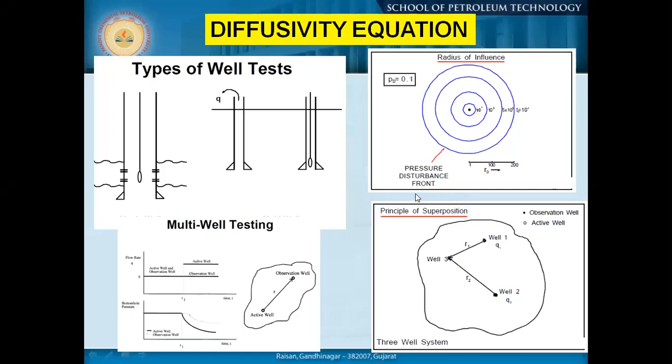We'll try to understand today the physical concept, how the mathematical formulations relate to the reservoir and the reservoir surroundings, and how a well test could help us understand their physical nature. We have discussed earlier that a well test is done either in a single well or with the help of multiple wells. In a well, we allow the well to flow or we close the well, and try to understand how the pressure pulses move from there and how, with time, we record the pressure. That pressure value is very important because it gives us an idea about the physical nature of that specific area.